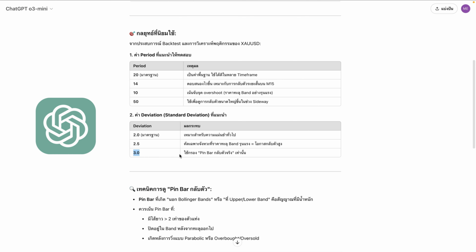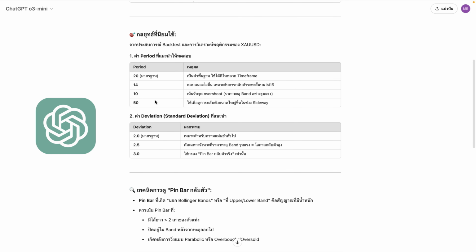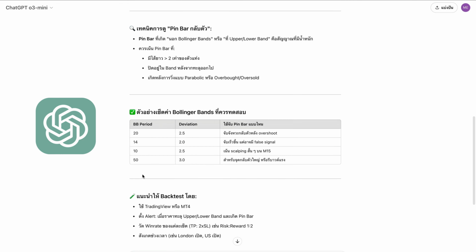The reason is that if you use a deviation of 3.0, it indicates that it will only use the true reversal pin bar. Wow, with such a recommendation, you must try testing it out. So in summary, I will use a Bollinger Bands period of 50 and a standard deviation of 3 for testing. So let's look at the test results first, and then we'll delve into the trading method. If you're ready,